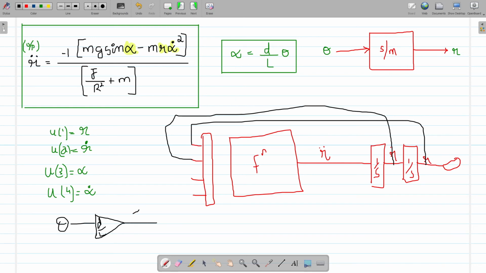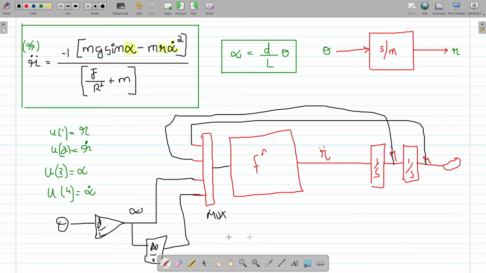So this will become alpha connected to the mux. This is a mux, sorry I forgot to tell. Now we need alpha dot, so we will take this alpha and take the derivative, delta u by delta t. We can find all these blocks in MATLAB, just search the name.